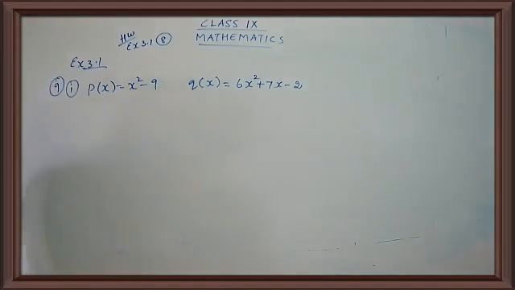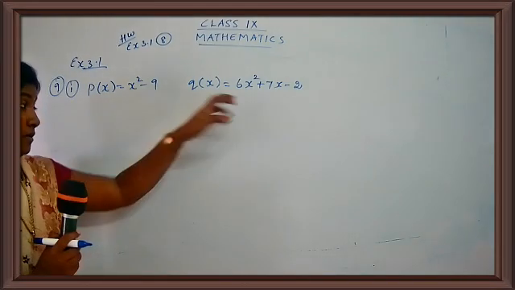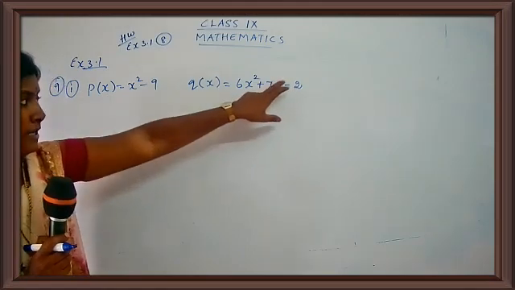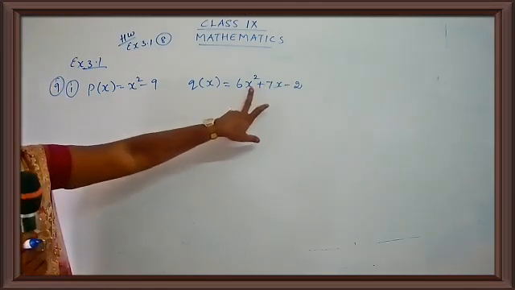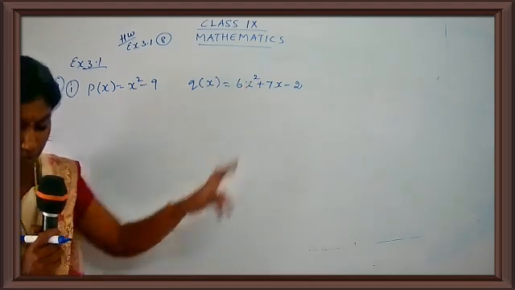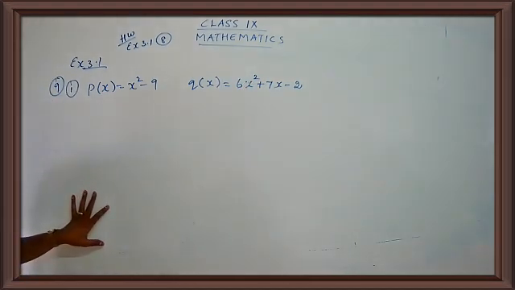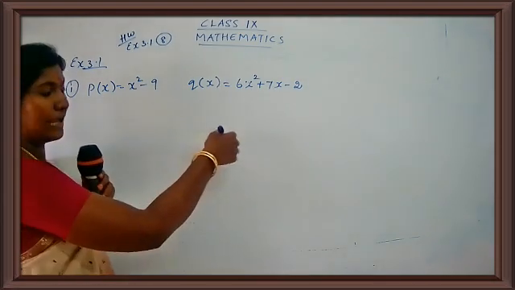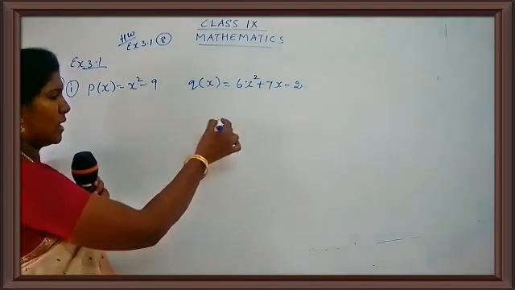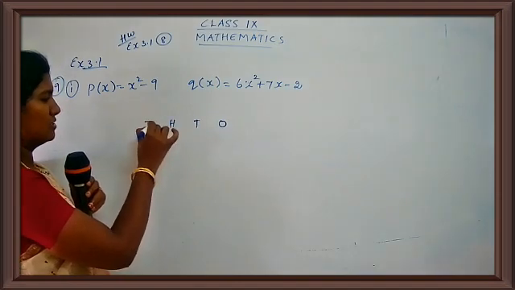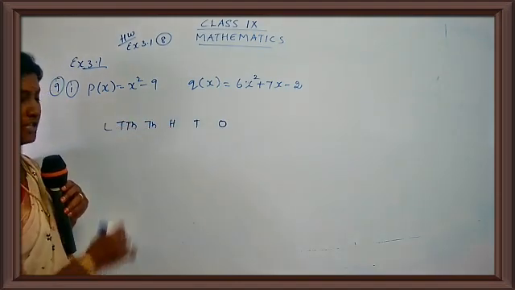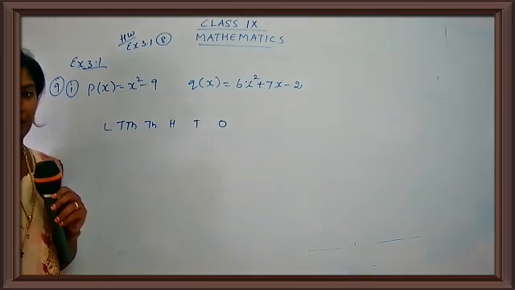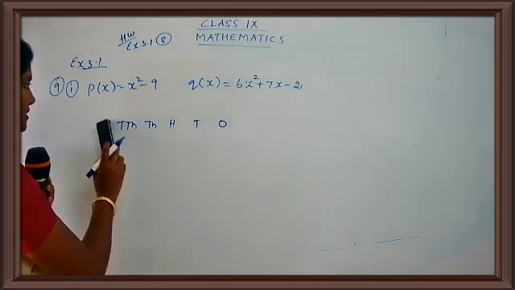First of all, just see the powers. We have a constant part, then the degree is 1 here and the degree is 2 here. So the highest is 2. What we are going to do is write down the parts, like when you do your calculations in your lower classes, we used to write ones, tens, hundreds, thousands, ten thousands, lakh, and so on. Children, the same way here we are going to write down the powers, the variables.